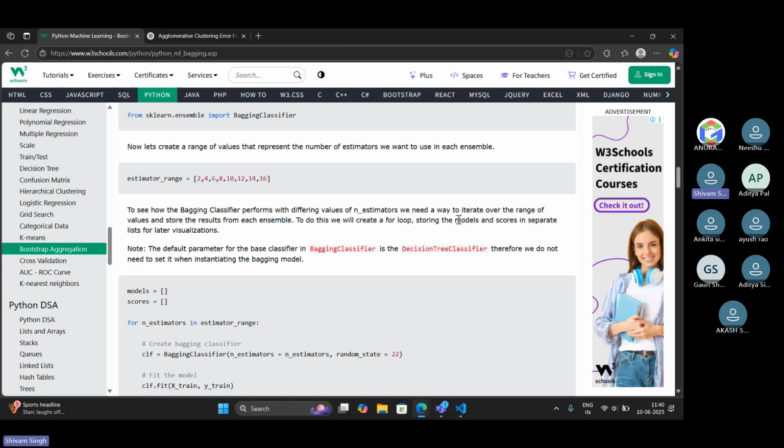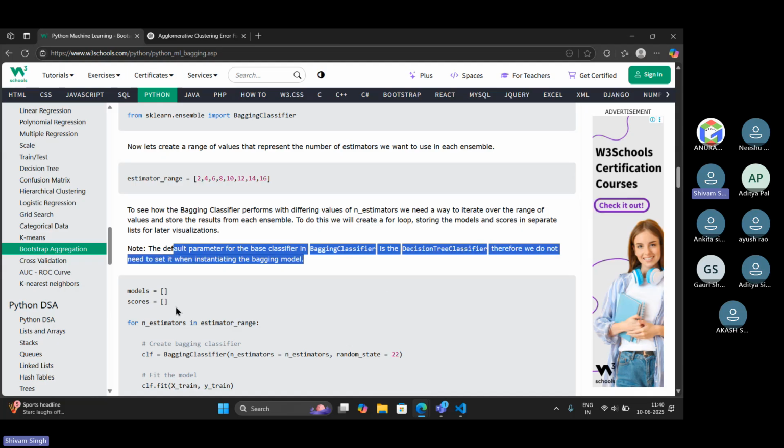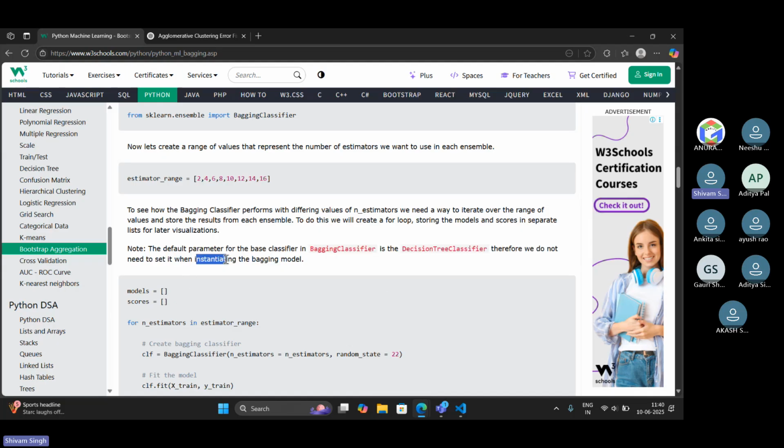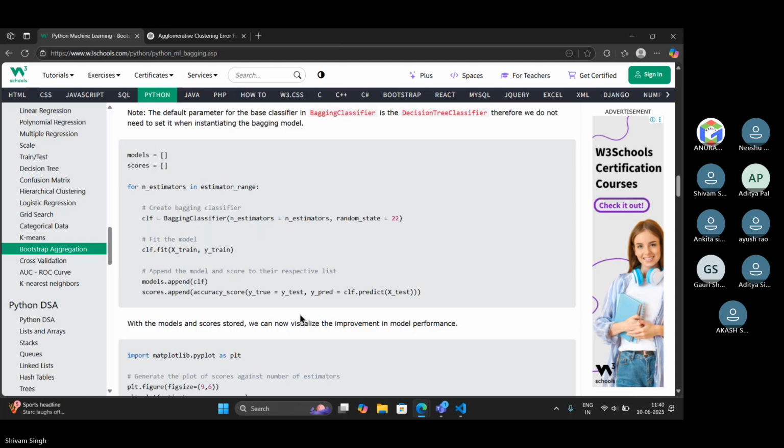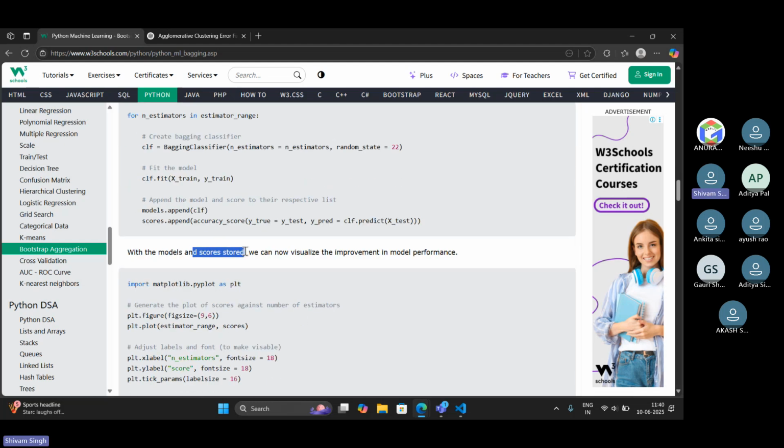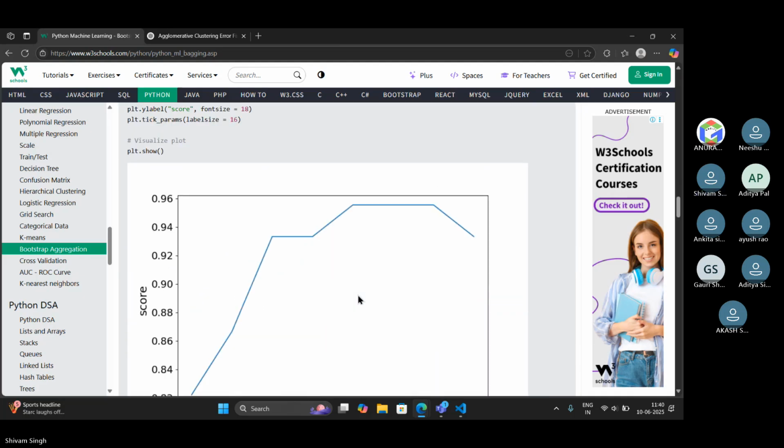To do this, we will create a for loop storing the models and scores in separate lists for later visualization. Note the default parameter for the base classifier of the BaggingClassifier is the DecisionTreeClassifier. Therefore, we do not need to set it when instantiating the bagging model. With the models and scores stored, we can now visualize the improvement in model performance.